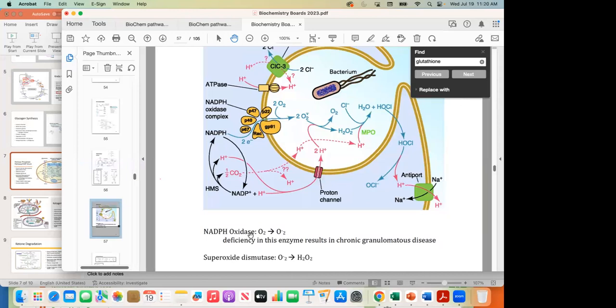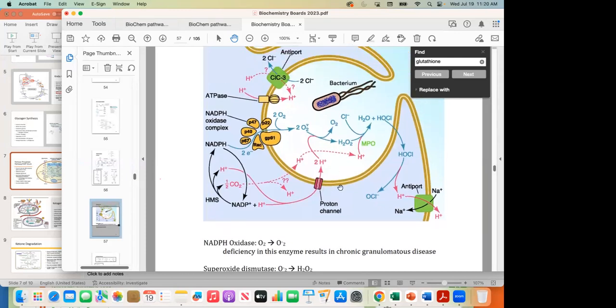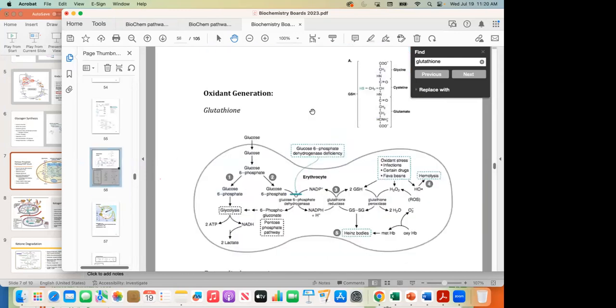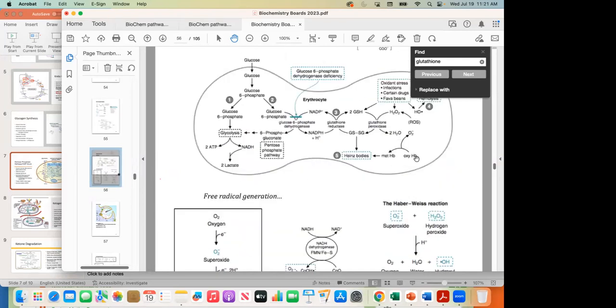And if you have a deficiency in this enzyme, you can also get buildup of granulomas or buildup of these reactive oxygen species. I would say this process is much less important to understand than this process of glutathione. This is much more commonly asked about. I've never seen respiratory burst asked about, except in the context of understanding this conversion of oxygen to superoxide, to hydrogen peroxide, to hydroxyl radical. So if you understand this process stepwise, that plus this would probably be what you'd be asked about regarding reactive oxygen species.